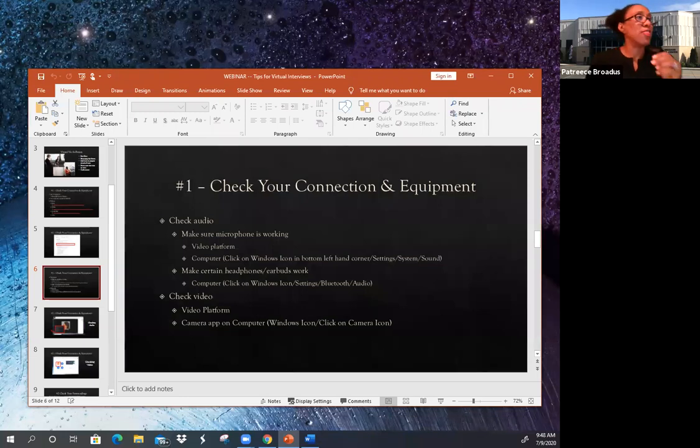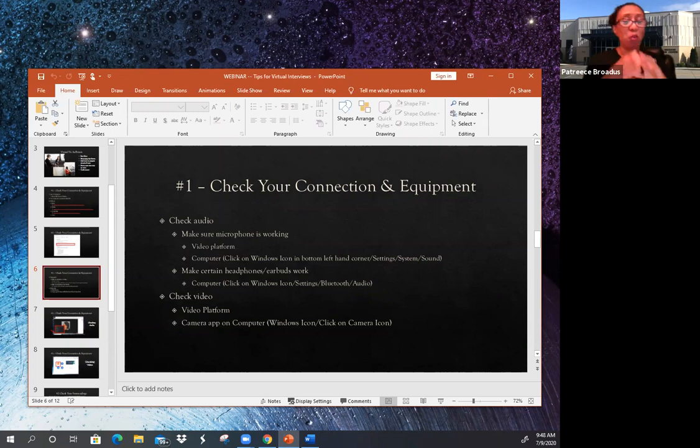So that's a way in which you are going to be able to check your sound. Now, if you're using something like earphones, earbuds, or headphones, you again want to make certain that those work, and that they're charged. One time I was in the middle of one of these presentations, and my headphones were low, and a little lady comes on saying power off, power on, power low. Anyway, during one of my presentations, my headphones cut off because I had not charged them the night before. So I want to tell you these things so that you don't end up making some of the same mistakes I have.